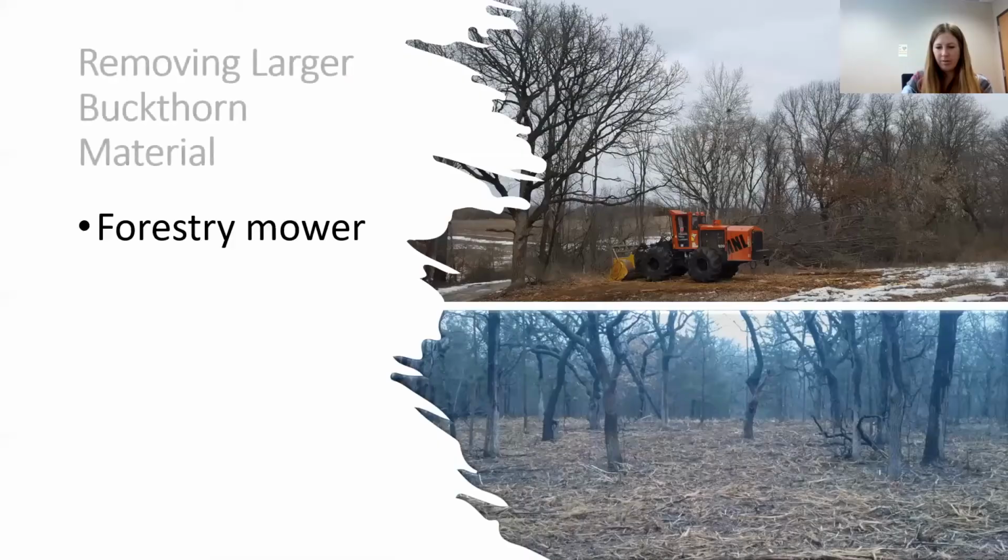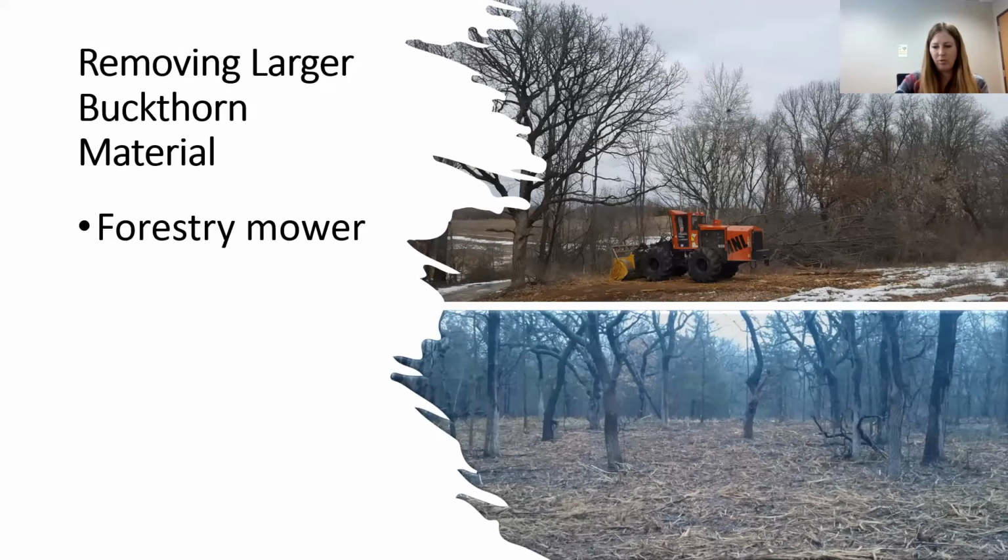But for larger scale sites or really heavy infestations, using a forestry mower, and the one I have pictured here is just one of our larger forestry mowers, but you can mount a forestry mower head on a smaller skid loader and move through a smaller site. The nice thing about a forestry mower, which is a drum that spins with carbide teeth and just chews up the tree or shrub material, is that with a good operator you can be very precise. You can move through a woods without damaging native trees and native shrub species, and that's great.